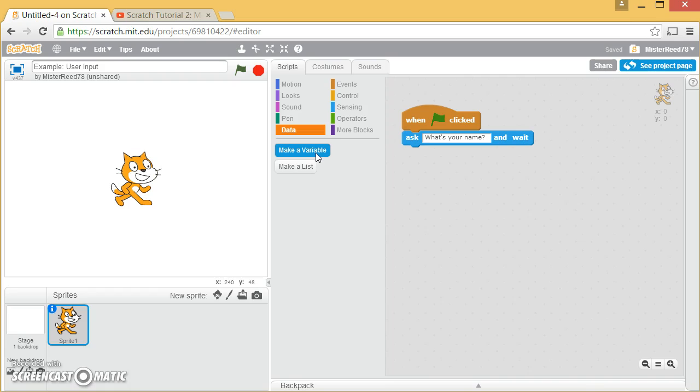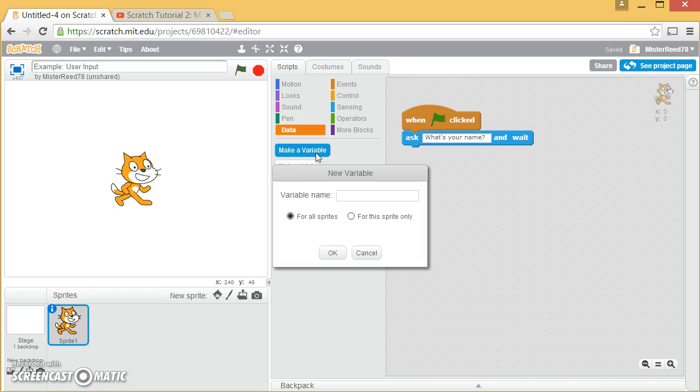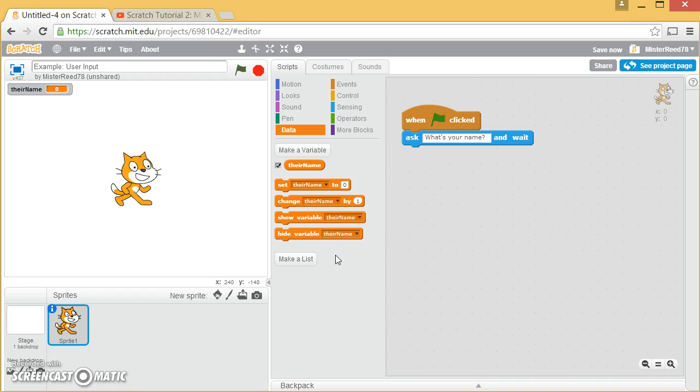I don't have any post-its or variables right now, so I'm going to say I would like a variable. I'm going to call it their name. Awesome. So the name of my post-it is their name. I named my post-it. And then I can put something onto that post-it to remember. Now, here's what's weird. You have all these different code blocks that have to do with that variable. What I want to do is say, okay, on this particular post-it, I want to put